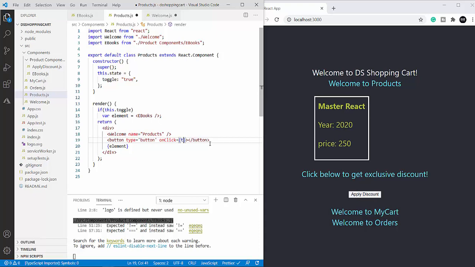So I have this toggle method, this.toggleMethod. Here I will have the toggle method, and this will be my arrow method implementation.